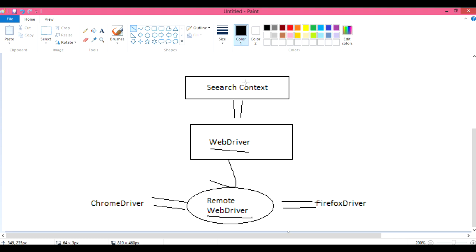WebDriver extends SearchContext and implements RemoteWebDriver. There are some methods like ChromeDriver, FirefoxDriver. All are methods. The signature is defined in WebDriver, but it is actually written in RemoteWebDriver. So now we'll discuss